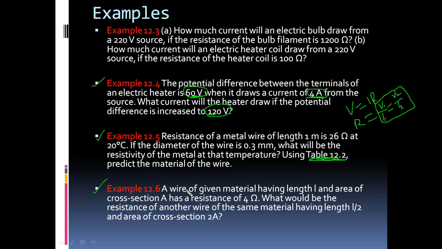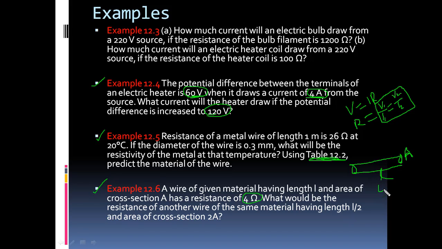Now next question. A wire of given material having length L and area of cross section A has a resistance 4 ohm. So here let us take an example of a wire. This is a wire where the length is L, cross-sectional area is A. Its resistance is 4 ohm. What would be the resistance of another wire of the same material having length